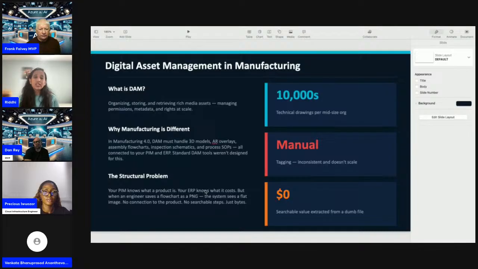The system sees it as a flat image, with no connection to the product, no searchable step, just bytes. In a typical mid-sized organization, there could be tens of thousands of technical drawings, which can be tagged manually, but it's time and resource intensive, and it doesn't scale, which is like a $0 searchable value. It's just a dumb file.